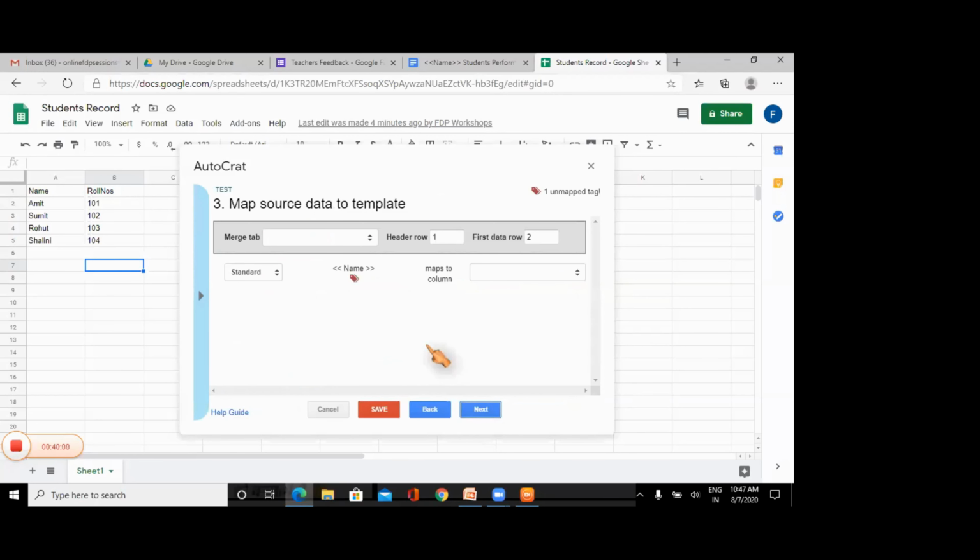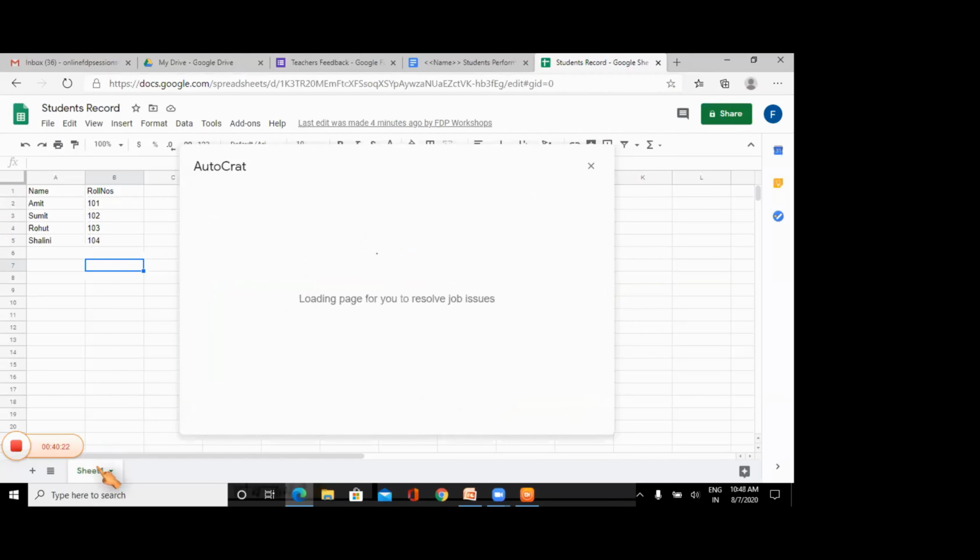Here I have to merge the sheet with the template. So please look carefully. This is the important step. First you have to give the name of the sheet in which you populated the record of your students. That sheet is sheet 1. You can see here, this is sheet 1.